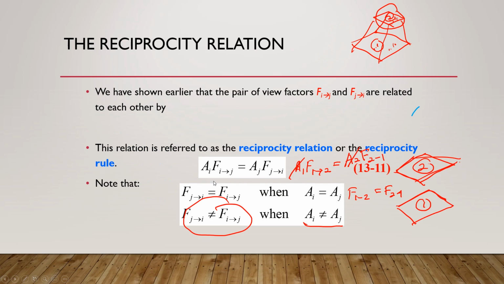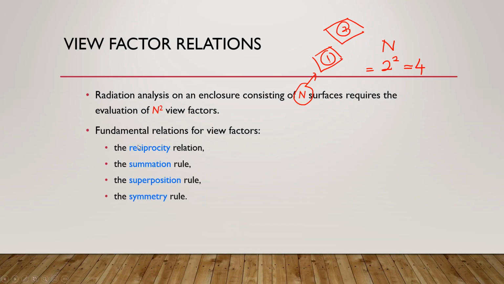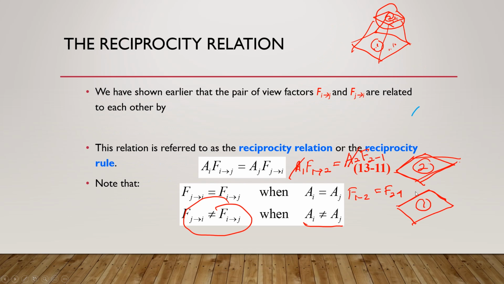For surface 1 to 2, you actually have 4 view factors. Therefore, you can reduce these view factors, and after this, in the summation rules, you will understand how many view factors actually need to be calculated. For the reciprocity relation, for example, from 4 we can reduce up to 2, because